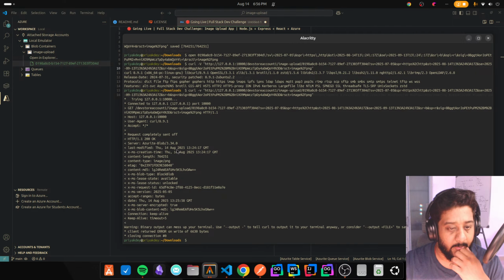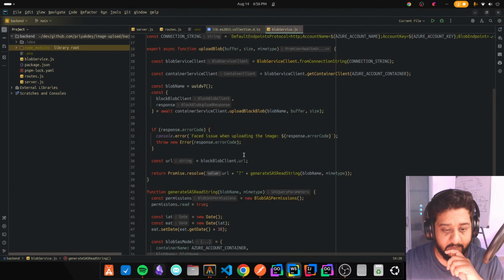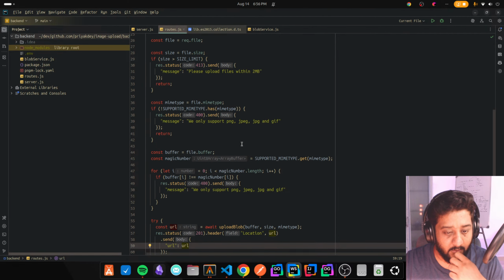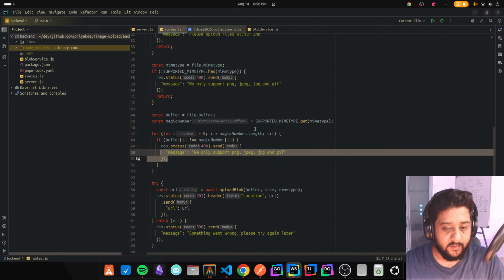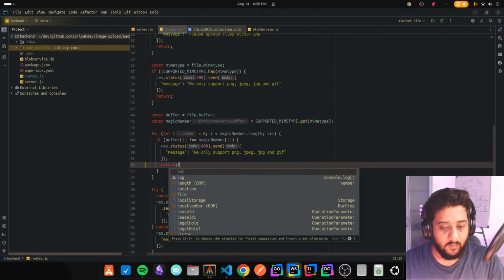Okay. So if you look at the response here, it gives you x-ms-creation, content type, and ETag. It doesn't quite give you content disposition and caching. That is something I do want to solve right away. Before that, I was looking at yesterday's work and I probably messed it up. So if you do this in here, I do want to return